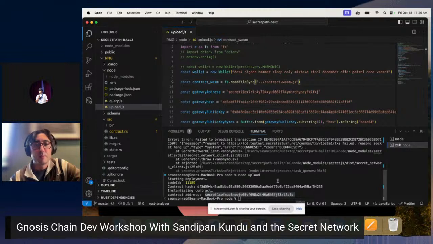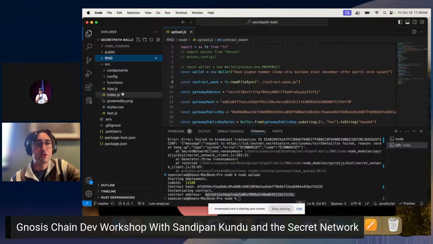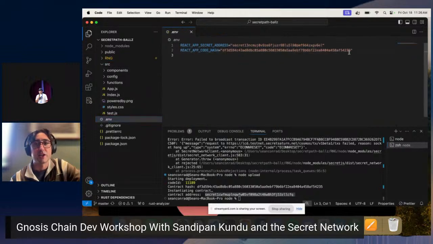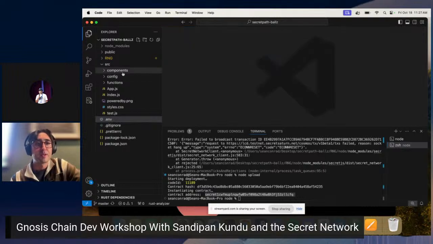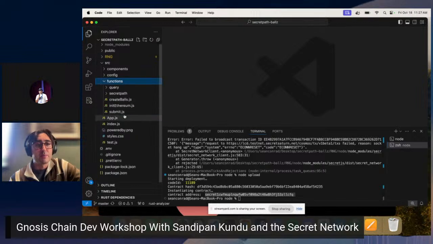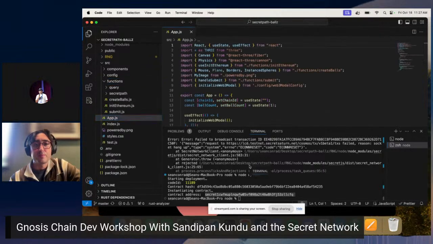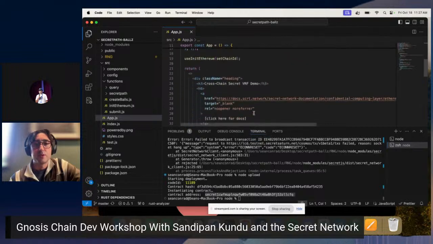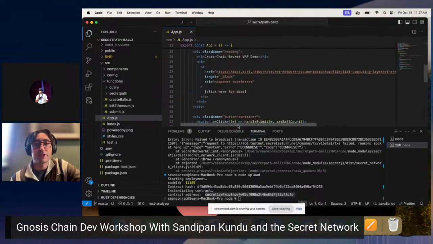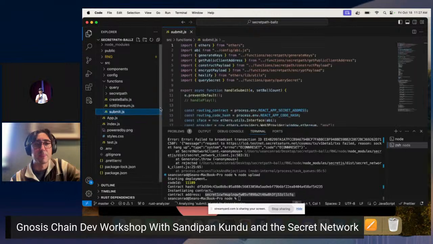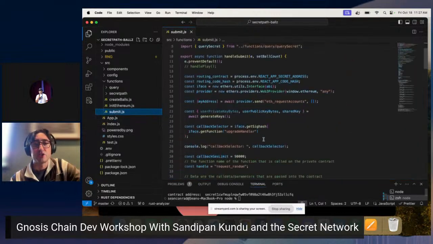Yep, that's amazing. All right, so now we have a contract address and a code hash. If I wanted to use this new contract, I would just take that, go into my source folder, and replace that here with the new address and code hash. I'm just going to use the existing one we've been working with. I think the best place to go for this is the submit function, because this is where we actually